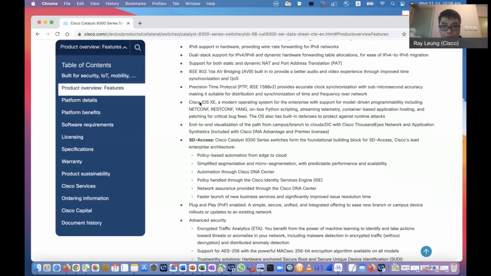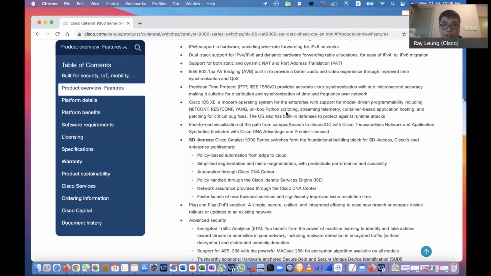One more important thing is that nowadays all the category switches support RESTful API, RESTCONF, YANG model, and Python. It's not like the previous one, where we just used EEM or Tcl script. Nowadays we have a new technology. We have more intelligence for the security side, and all the Cisco Catalyst 3 series and 2 series switches will have